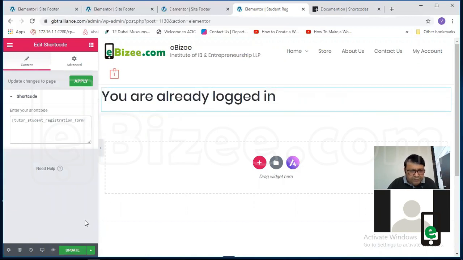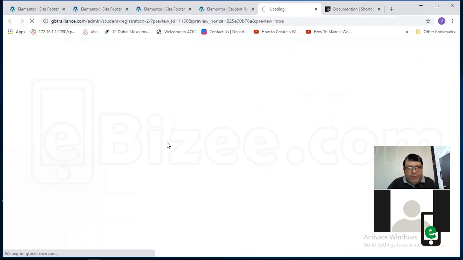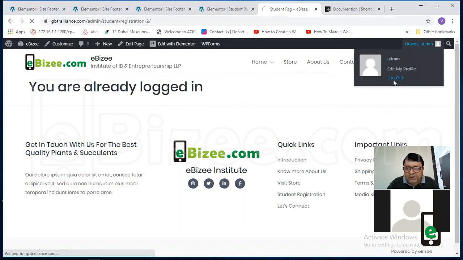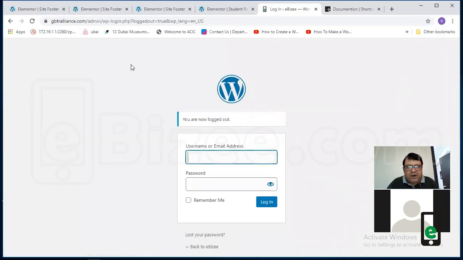So this shortcode I've added. Now I go back to my student registration page. I'm already logged in, so I will log out. Our new page will be able to register now.